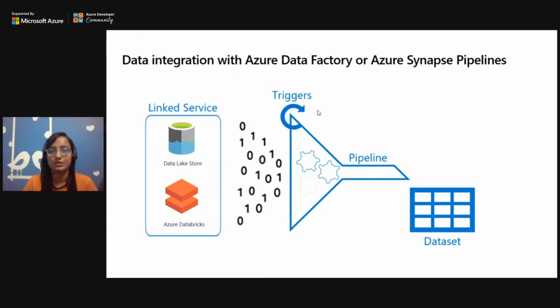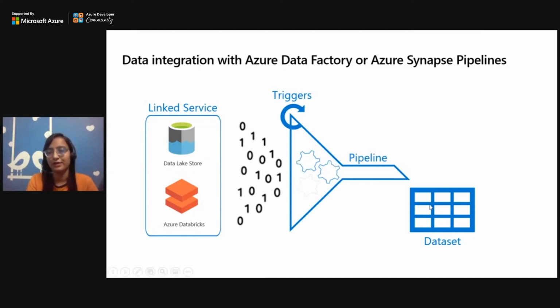That will be your manual trigger. You have a scheduled trigger. You have a tumbling window, and you have storage event triggers and custom triggers. These are the different types of triggers we have available on ADF and Synapse. And when we trigger our pipeline, it is going to call your activity, and then here